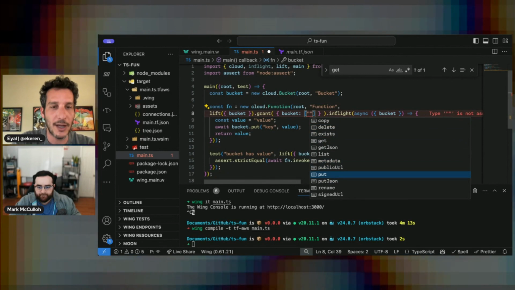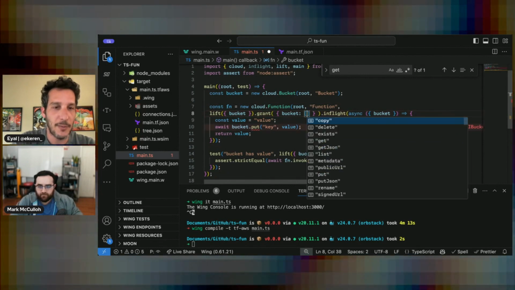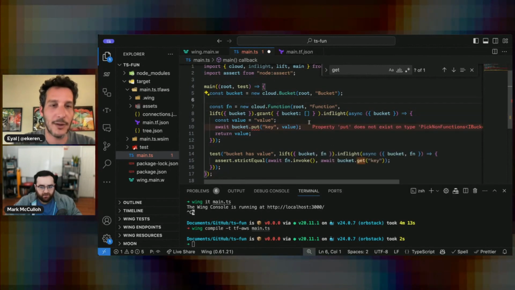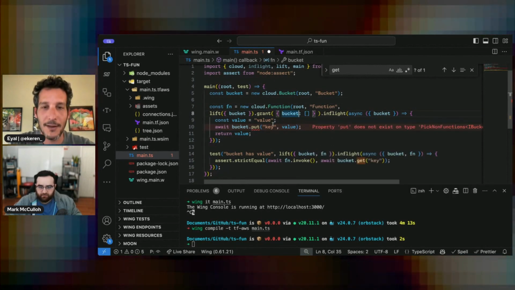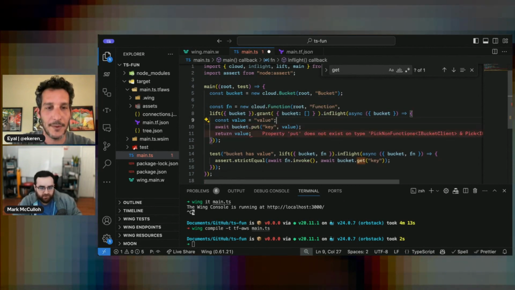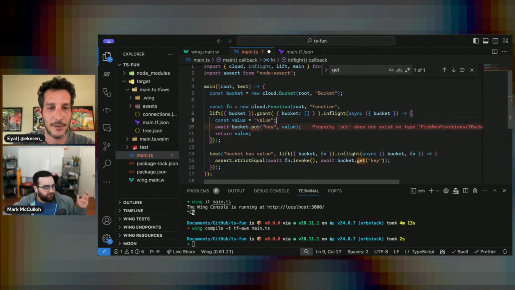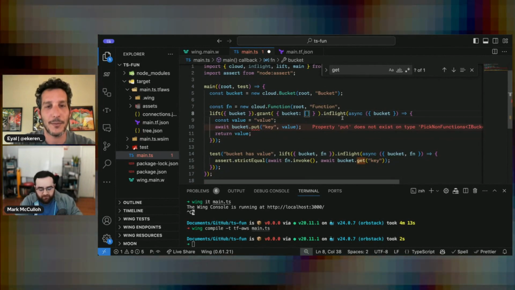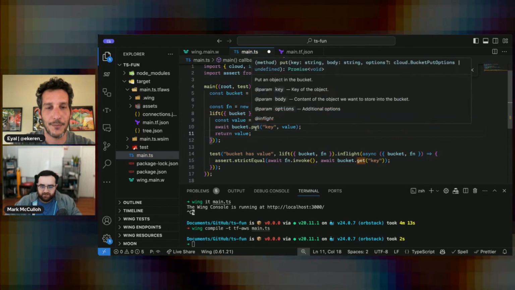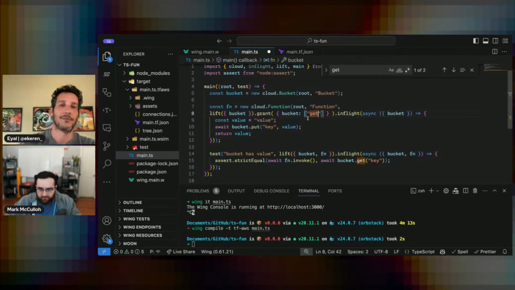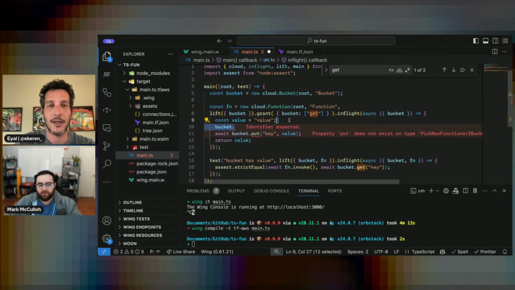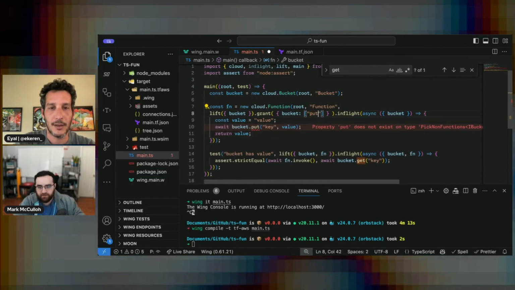Can you go back to an empty array? Now you have a problem because you haven't granted put. You see, there's an error in the bucket. Oh yeah, I was skipping right past that. So right now, this bucket doesn't have anything. You can't do anything on it because you haven't been granted any access. And if you give it put, oh sorry, in a string, you now have access to put. Or if you only have get, you only have access to get. Got it.